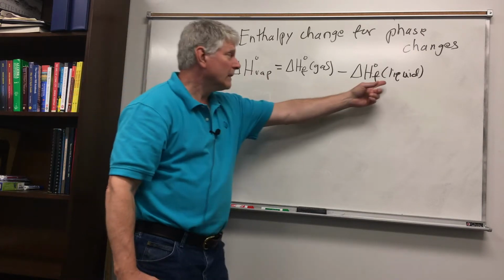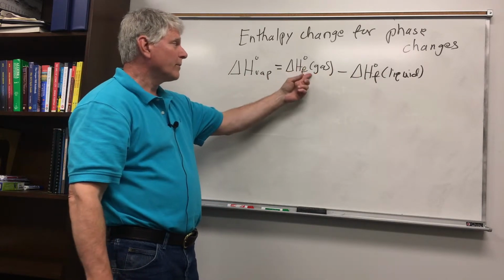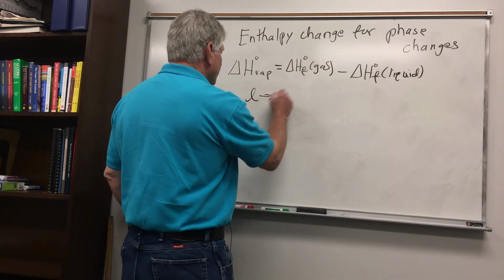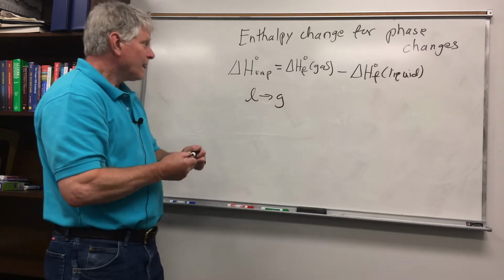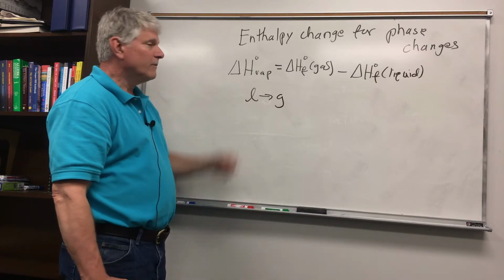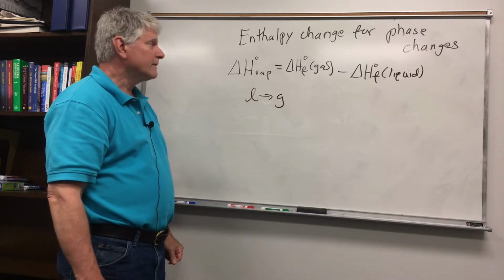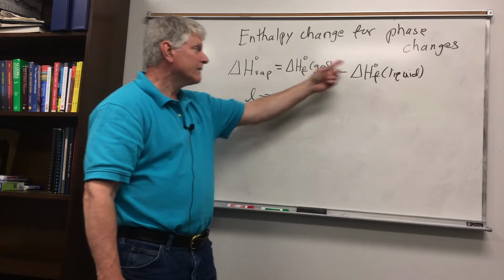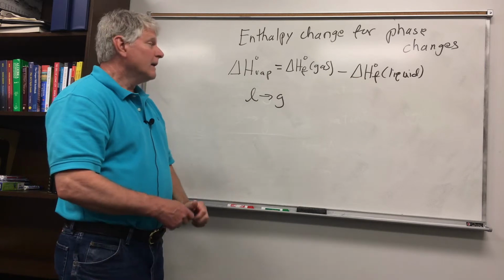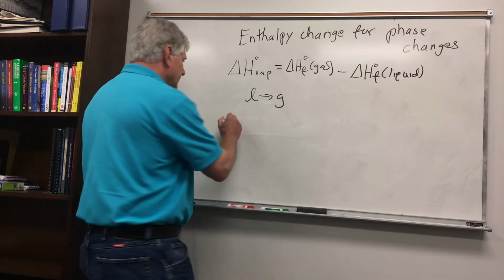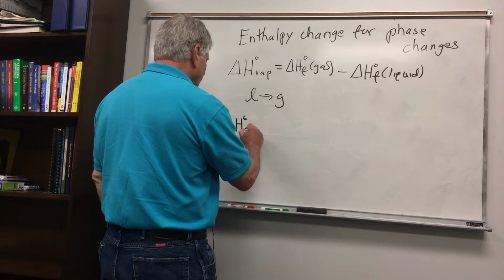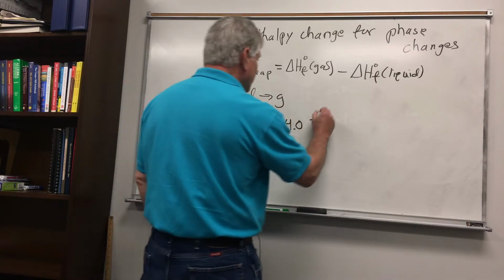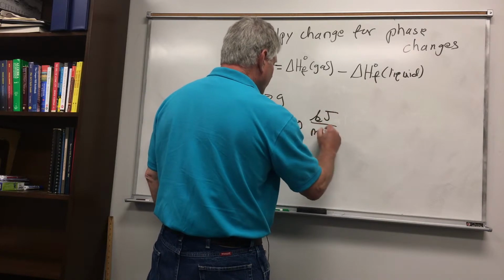So we're going from liquid to gas, so it's always product minus reactant. So vaporization is liquid going to the gas phase. So this is the enthalpy of vaporization for a substance. It's just the enthalpy of formation of the gas minus the liquid. And for water, the enthalpy of vaporization is equal to 44.0 kilojoules per mole